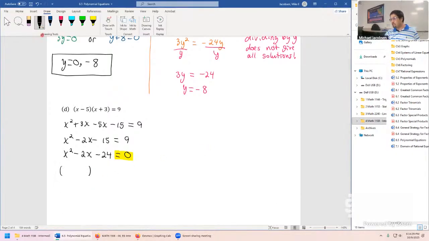Let's go 2 sets of parentheses, both multiplying resulting in 0. This is now factoring just using the trial and error method. For x squared, we would have an x times x. For the negative 24 here, well, first, because it's a negative sign, our signs have to be mixed, so plus and minus. Then good choices with the negative 24 could be 8 times 3, hard to see how to get an 8 times 3 to come out as a -2. But we've also got a 6 times 4 that we can work with. If we go a -6 and a +4,